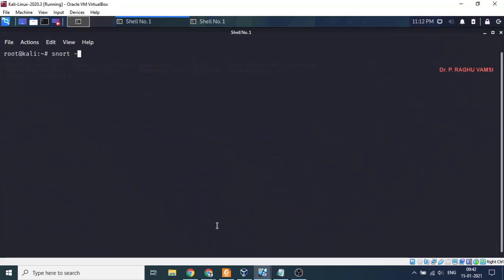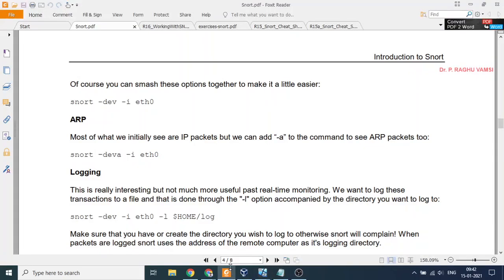You can also go for man snort, which gives you the manual of snort. I think this -a option is not working actually. Most of what we initially see is IP packets, but we can add -a to the command to see ARP packets too.